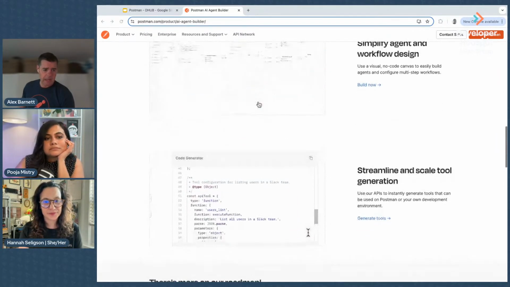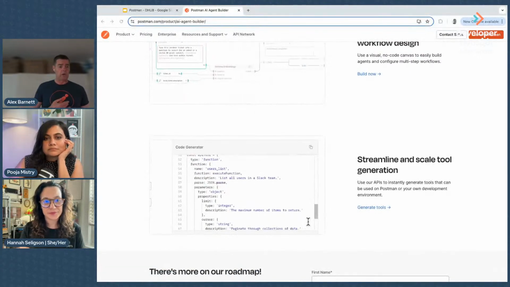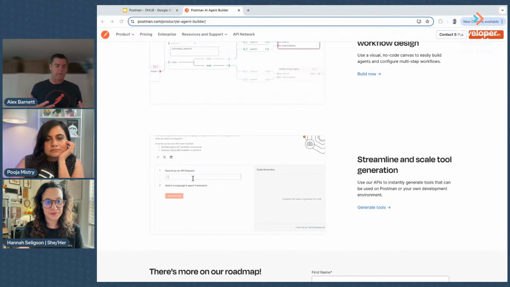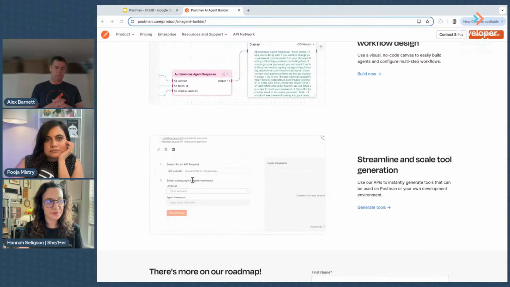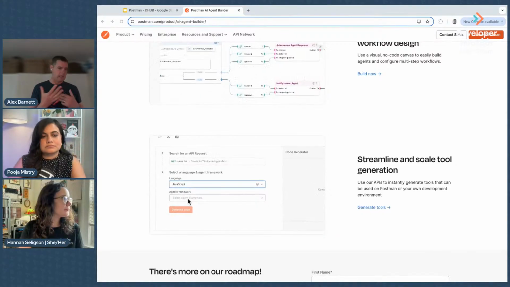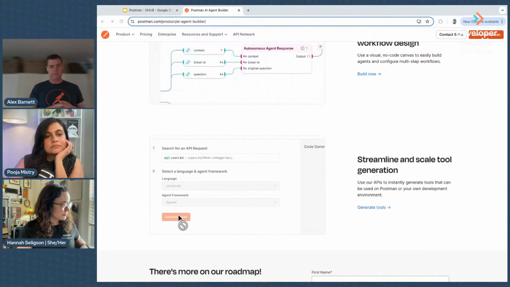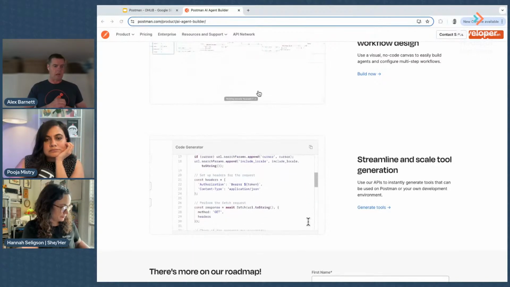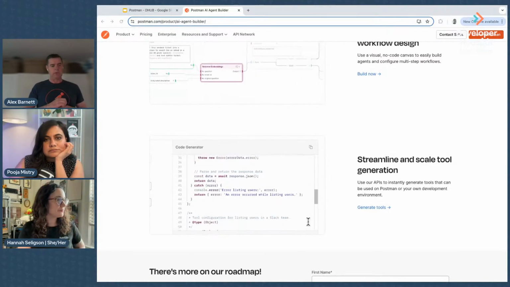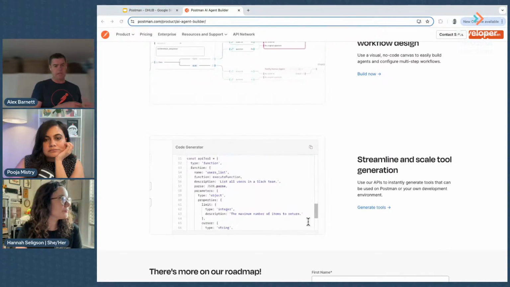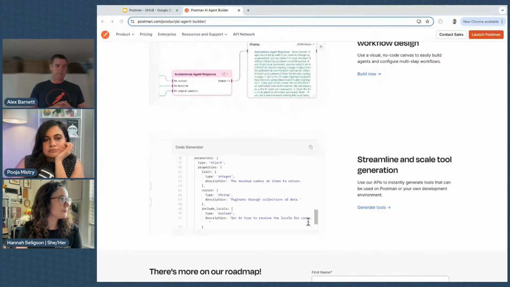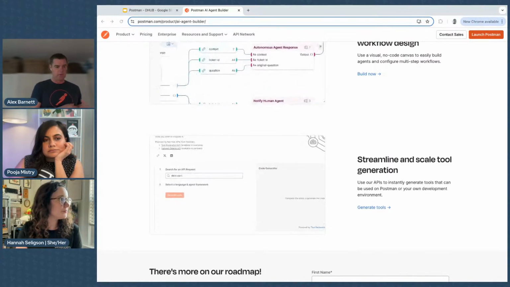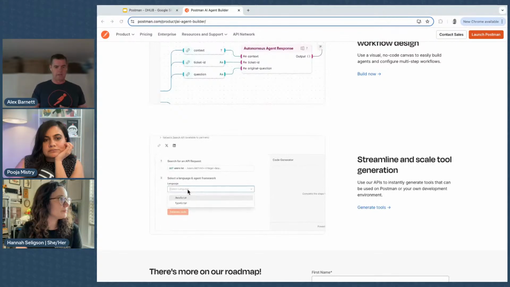And then, as you may have known, there's a whole bunch of tool generation that needs to happen with all of this when you're connecting with an LLM, or even an MCP server. So we take a lot of the grunt work out of that and enable you to generate those tools, and they can be used in Postman and/or your own development environment.